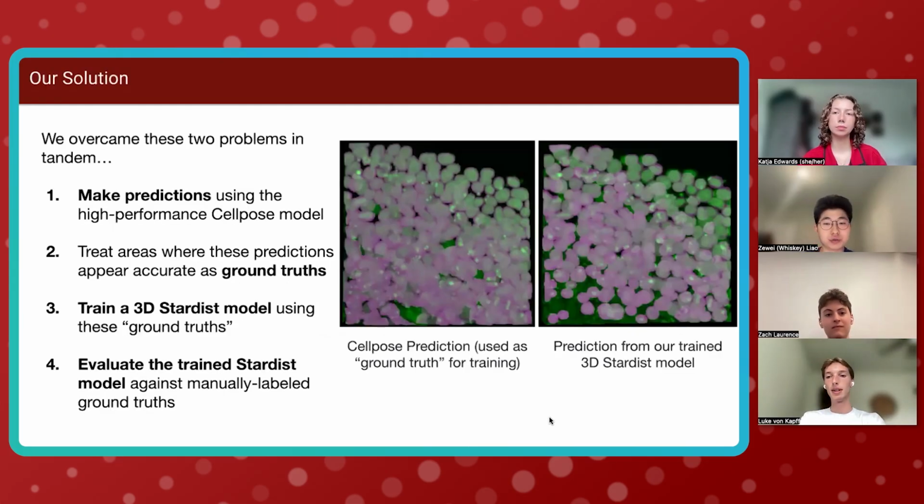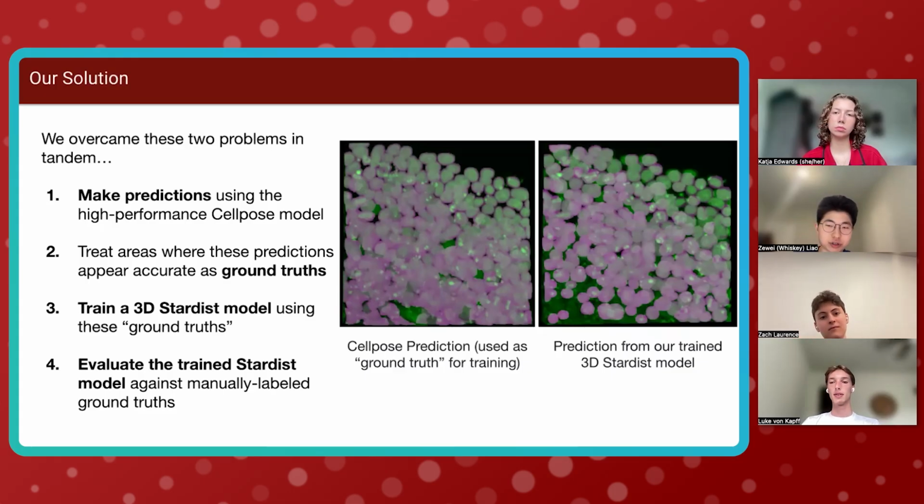So as a solution, we tackle these two issues together. First, as Luke just pointed out, to train the Stardust model or any model in general, we need ground truth, which we unfortunately do not have. Since we observe that the Cellpose model performs fairly well, especially on some cell shapes and sizes,